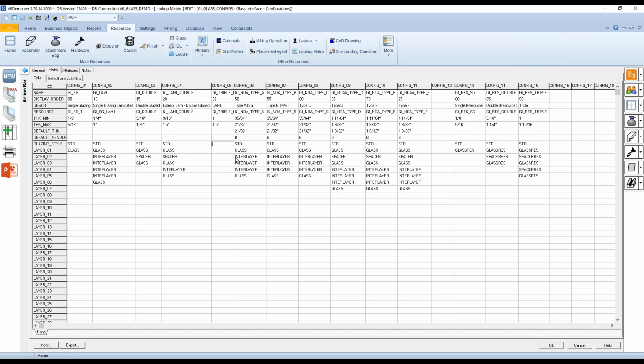Again, all I need to do is tell it this glazing style is just a customer's requirement, so it won't affect how it works. But all I do is I'll just put glass, spacer, glass, spacer, and glass. And what I've done, so we've got glass, spacer, and it's called triple Carl. So if I click OK,